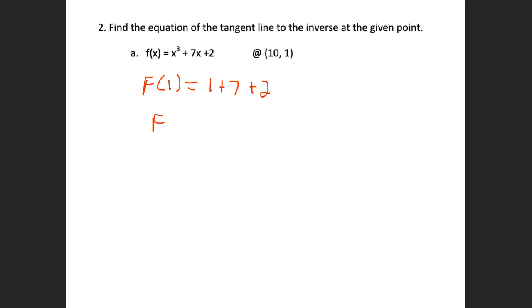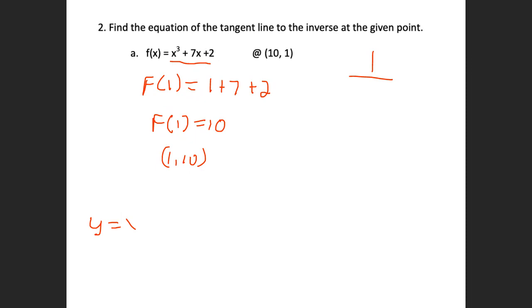So my ordered pair would be (1, 10). So the inverse would be (10, 1), right? So if I wanted to find the slope of the inverse of this, well, finding the inverse of this function would be awfully difficult. I don't know if you remember how to find the inverse function of a function, but the